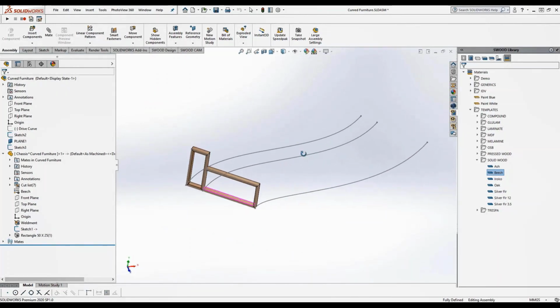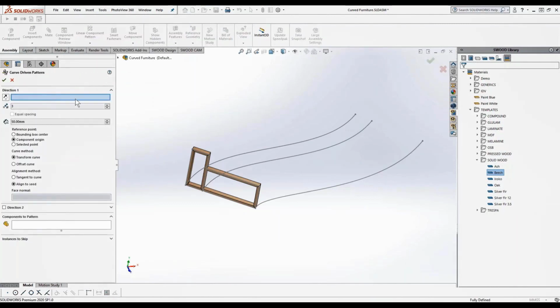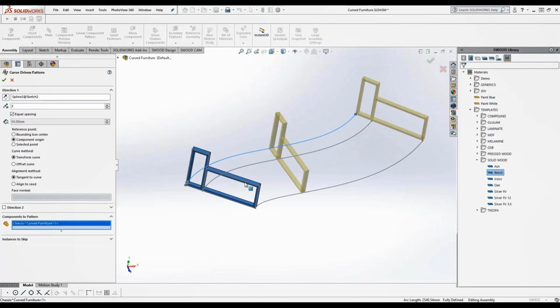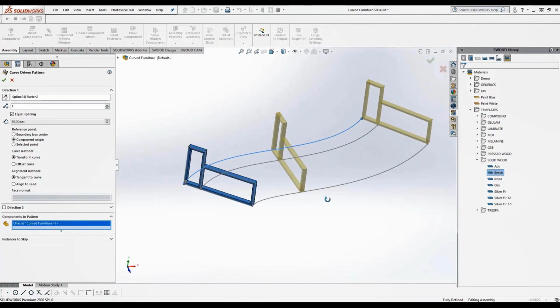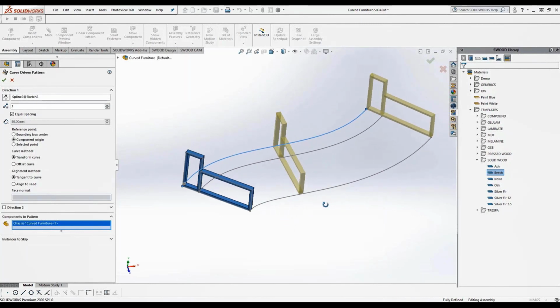After we did this work, what we need to do is just make some repetition. I can easily use curve-driven pattern, tell the system, based on this curve, I will just repeat my chassis construction with the number 3. Of course, I need it to be tangent to my curve. When I click on my chassis, you can see here the curve-driven pattern,